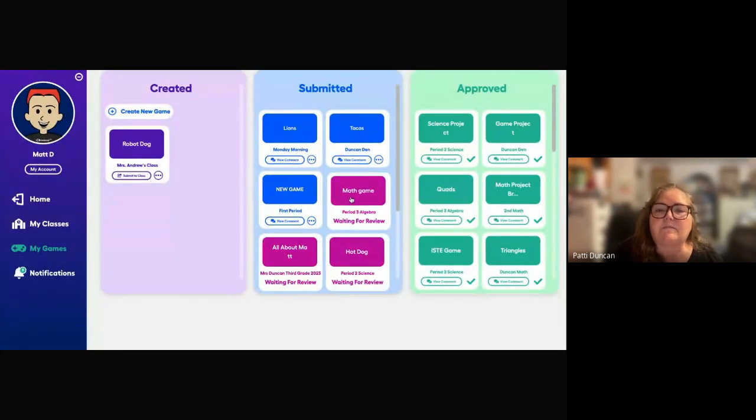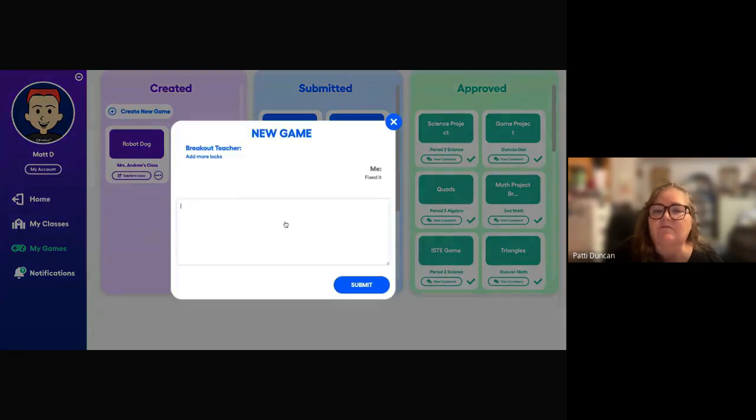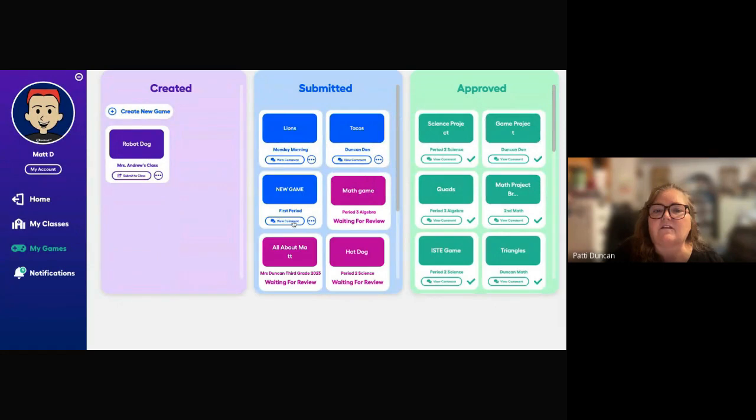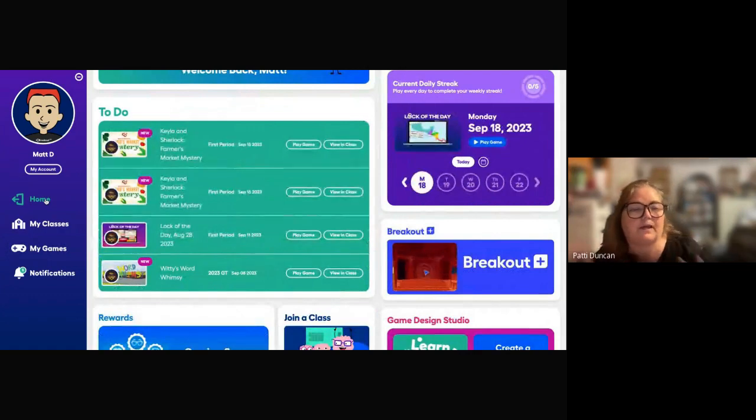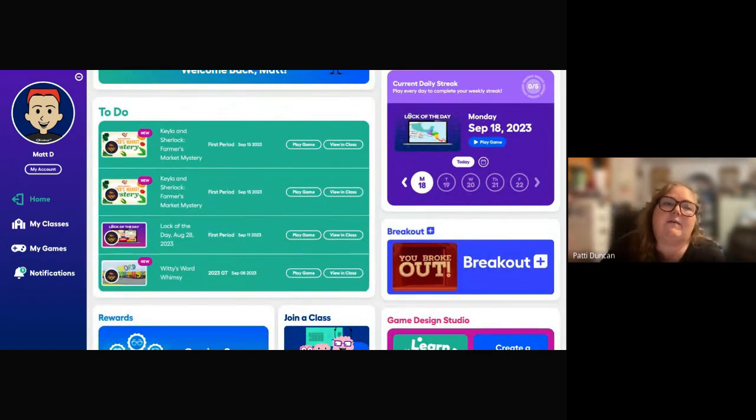Once you send back comments, it becomes blue and they can review the comments. And then they can resubmit it back to the teacher with edits if possible. And then once it's approved, it ends up over here. So it doesn't automatically just become approved. And then once it's approved by the teacher, the teacher has the flexibility to add it to what's called